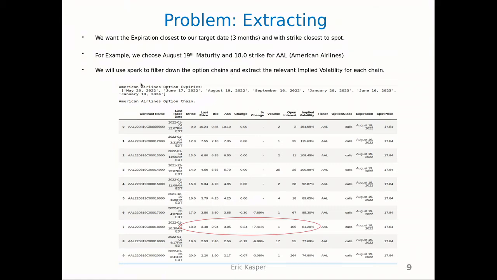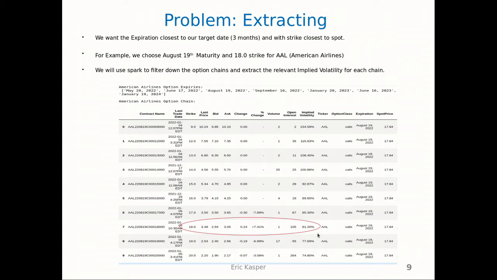So we're streaming each of the option chains right now over Kafka using the Python API, and what we want to do is choose amongst each of those chains which implied volatility is the one we want to use for our calculation. Remember, we saw that the 3-month volatility of the S&P was about 25%. So we want to find all the options that are closest to 3 months in terms of the number of days on these chains, and we want to find the options that are closest to at the